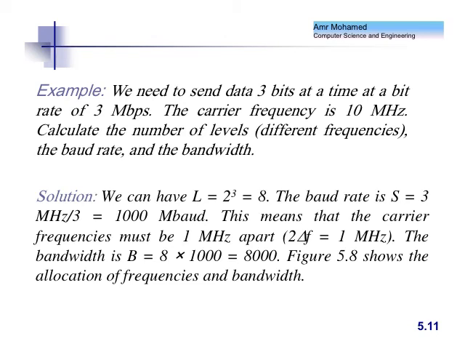So what is the number of frequencies? 8. What is the baud rate for each of these signals? Well, the baud rate is the same as the bit rate. So if we need to send 3 bits at a time, what is R in that case? R is the number of data elements divided by the number of signal elements. So I have to represent each 3 bits as one signal element. So what is R? 3. So what is S?